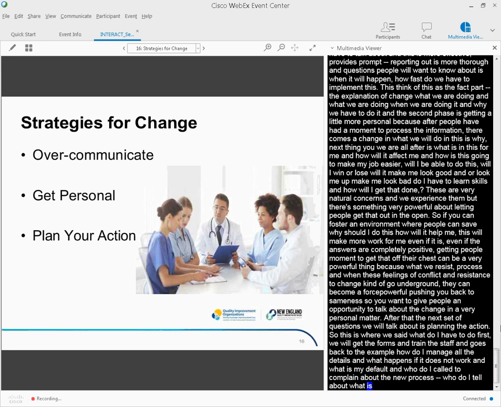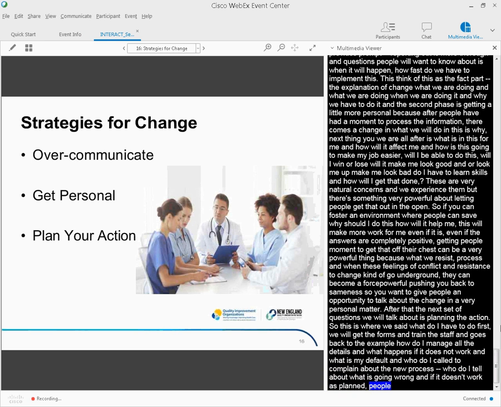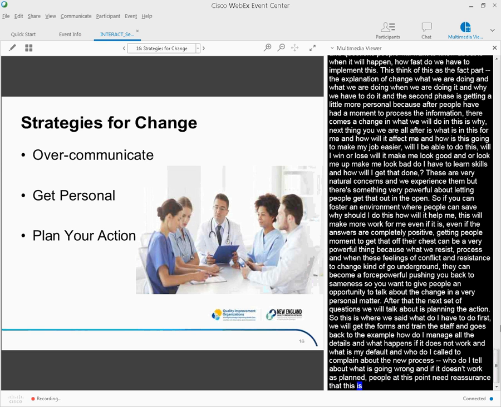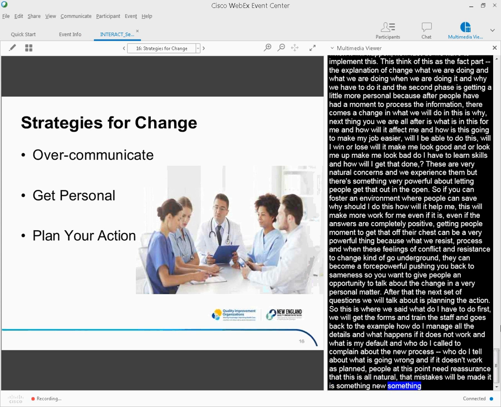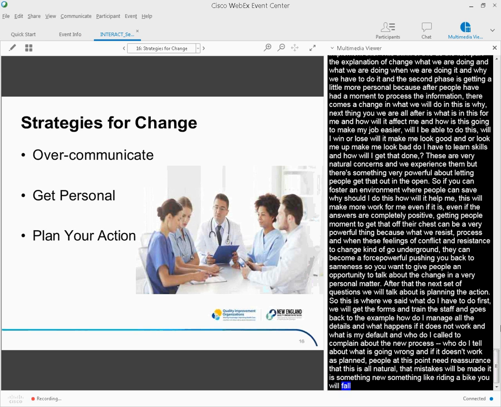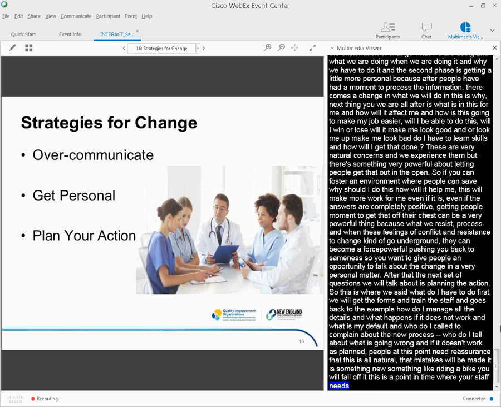People at this point need some reassurance that this is all natural, that mistakes will be made, it's something new, it's like riding a bike, you're going to fall off it. This is a point in time where your staff really needs to know that their efforts are appreciated, that this is going to be a bumpy road, but we're going to hold on, we're going to go forward. So planning the action,